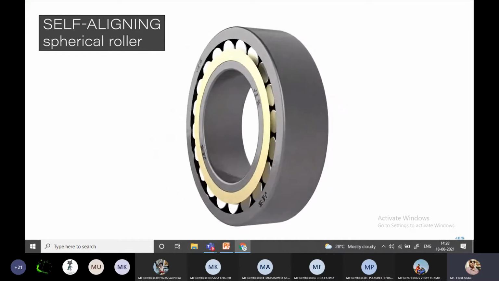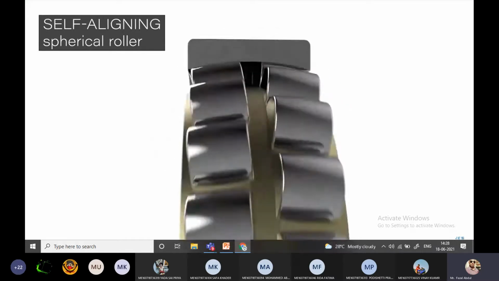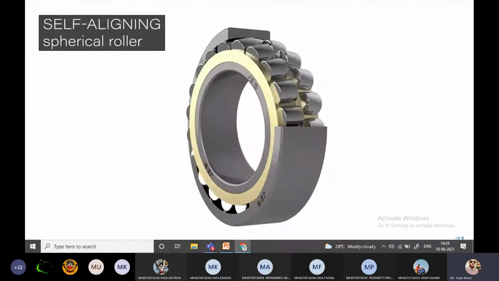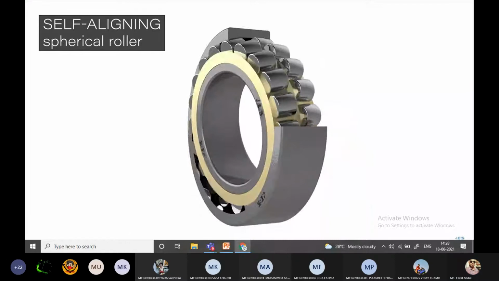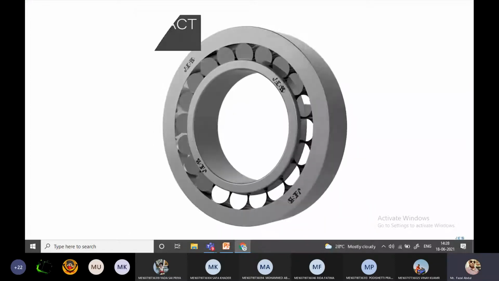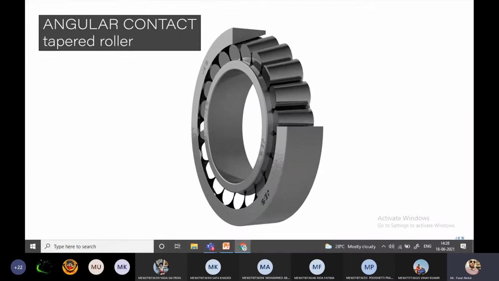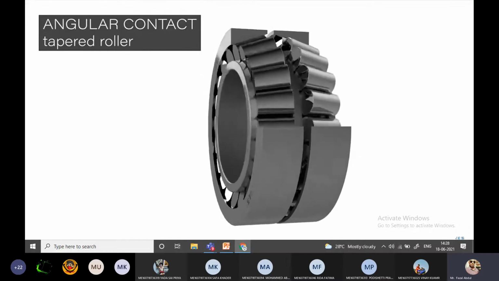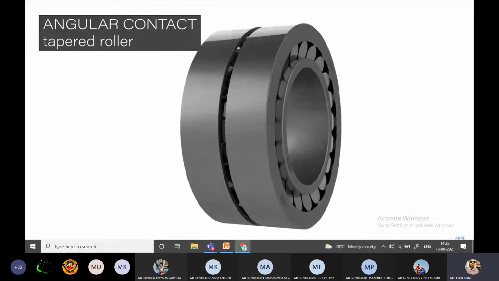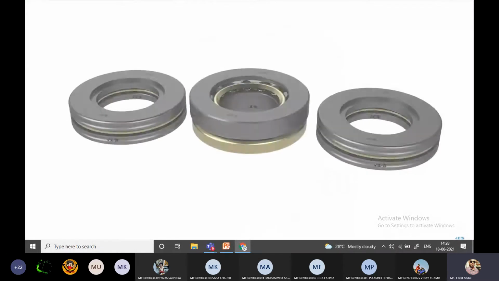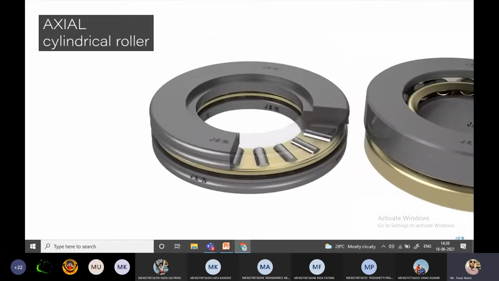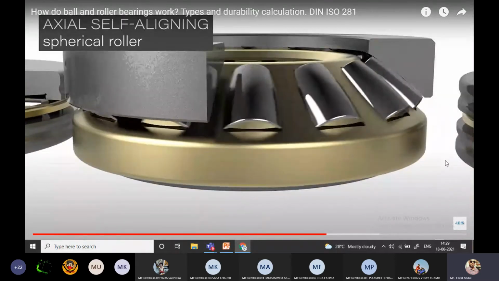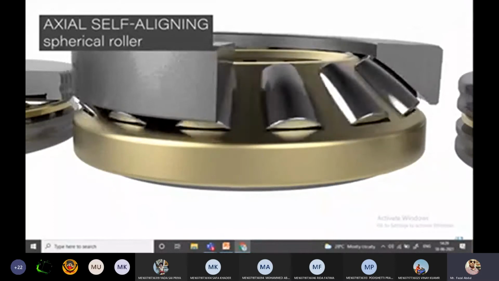There is another variety, spherical roller bearings, which have cask-shaped rollers in order to allow inclining the rotation axis of the two rings. Tapered roller bearings are an oblique version and are used in case of combined load. This type of bearing is generally used in pairs, and they usually have inverse taper. All of these varieties can also have axial configuration in order to mainly withstand an axial load. They are also called thrust bearings.